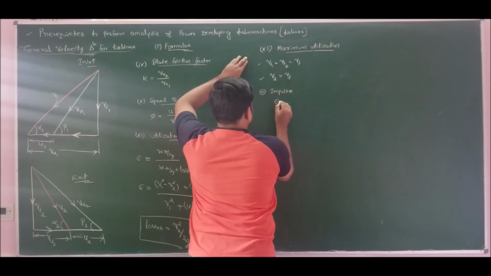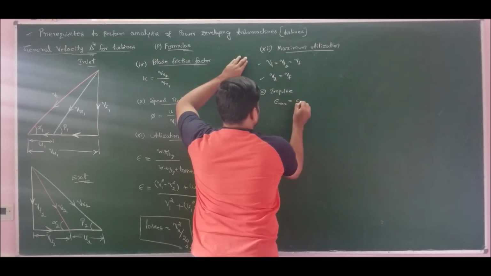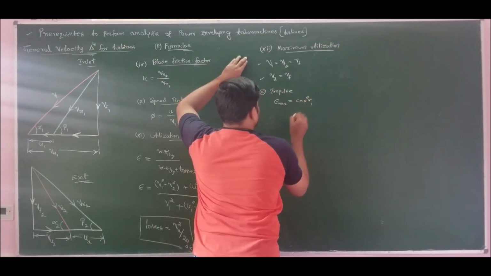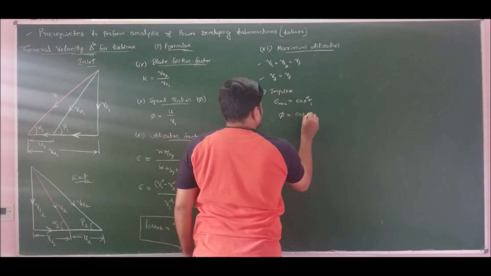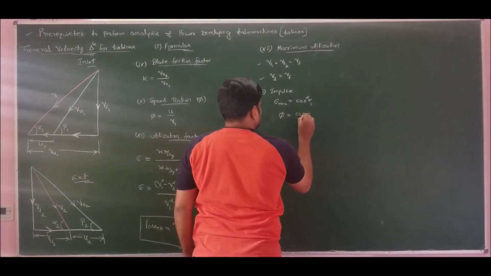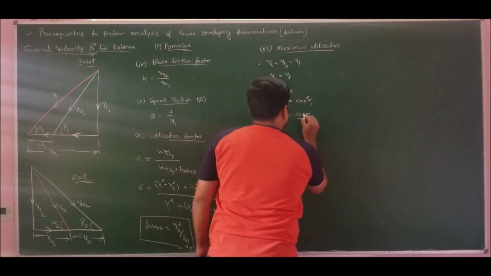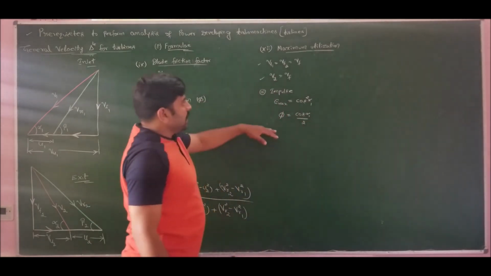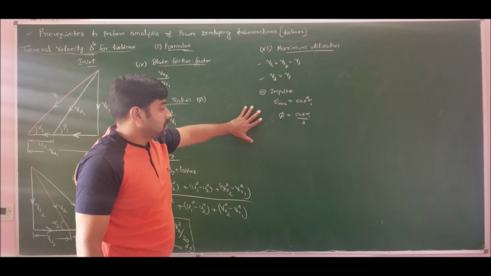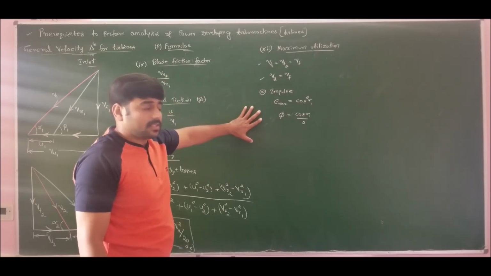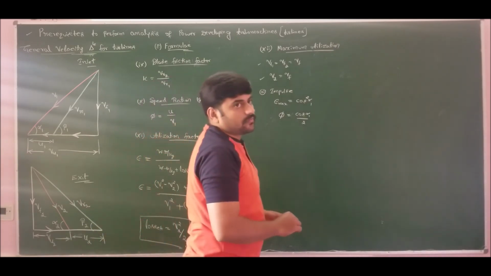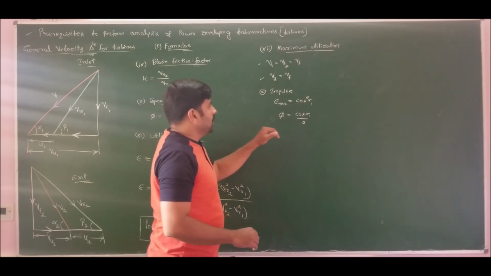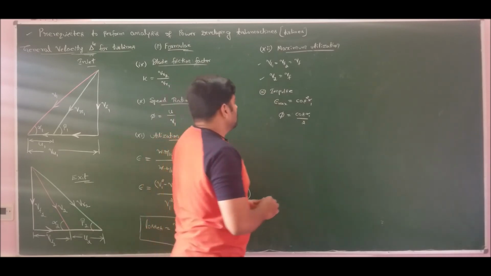For the impulse case, epsilon max is equal to cos square alpha 1, and it should also satisfy the speed ratio being equal to cos alpha 1 by 2. This should be known to you. I will derive this in our next module when I address analysis of steam turbines, where I will derive the maximum blade efficiency of the impulse turbine. There the condition will be speed ratio is equal to cos alpha 1 by 2.